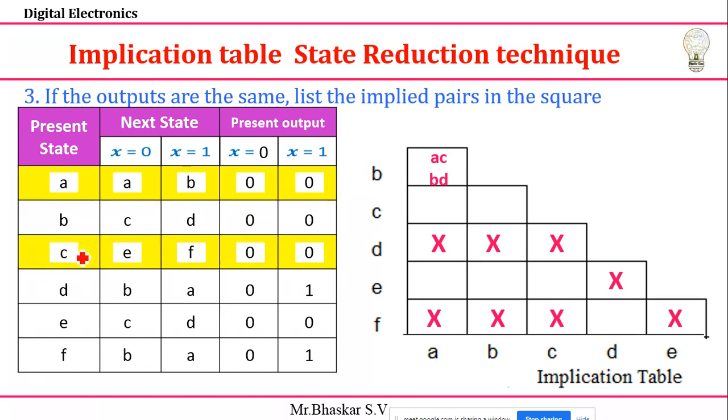Yes. I'm checking for these two conditions. Outputs are the same. Then for AC, the relation you're checking is A with respect to E and B with respect to F. So I'll write here AE and BF. Similarly, we go for the next, A and D. Is there any relation? Definitely not. That is what we identified initially, because here it is 0 0 and here it is 0 1. There is no relation because my outputs are not the same. Then I can't consider these states. That's why initially we make the cross marks, to avoid confusion.